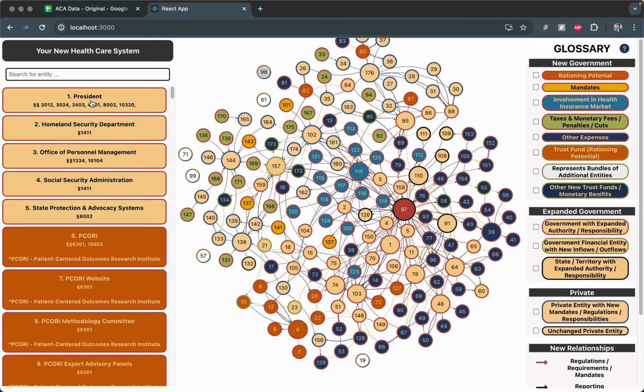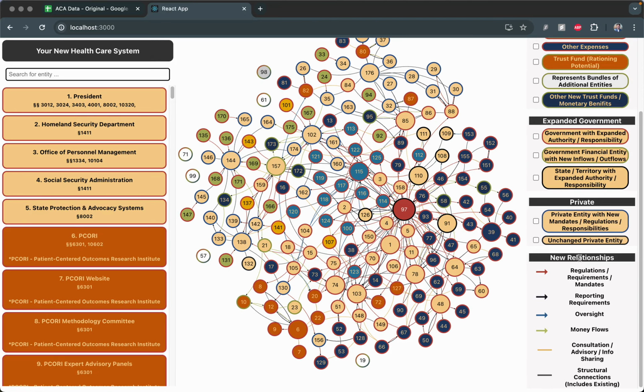On the left hand side, you can see all of the nodes have their individual cards with some information for the data. They are numbered 1, 2, 3 all the way up to 160, I guess. And on the right hand side, you can see the glossary, like the node types, and down below we have the relationships as well. Now here it becomes interesting. In the center we have all of the nodes packed together,